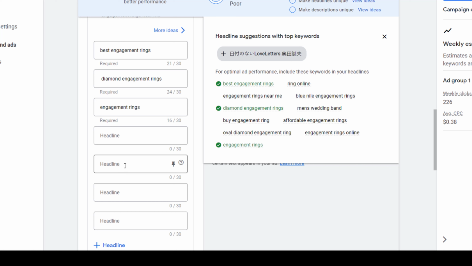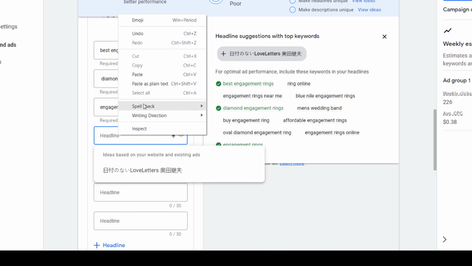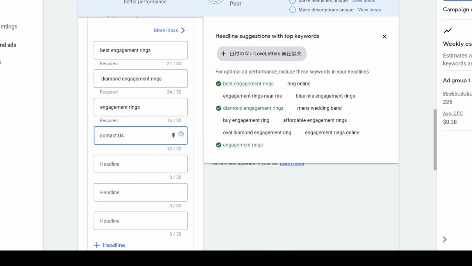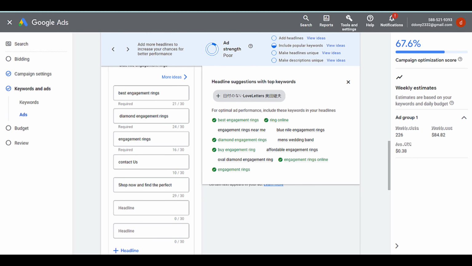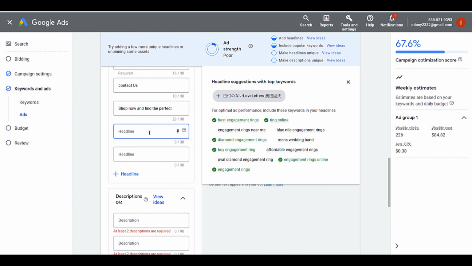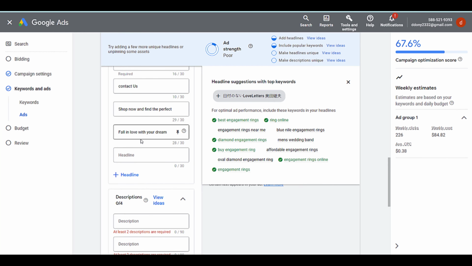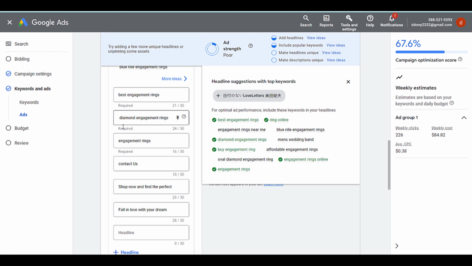You can put a call to action like contact us, and Google is going to cycle all of these headlines.